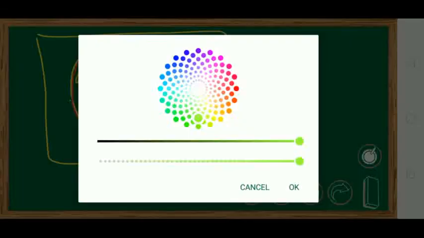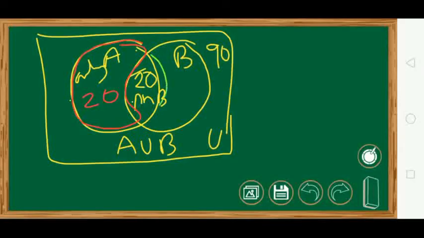And this part will be known as only B. Whatever is B, B minus this 20 will be this value. So this is how you can write the values. N of A is 40, 20 plus 20, 40. This full is A, but only A is this, that is only drinking tea. A means those who drink tea, they may be drinking coffee also, but only A means drinking only tea.